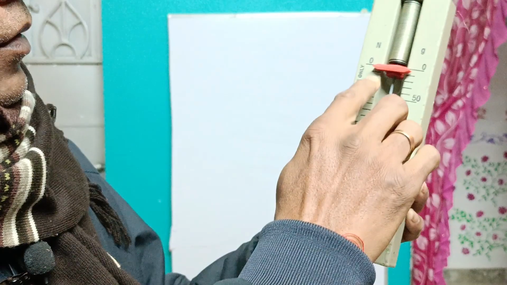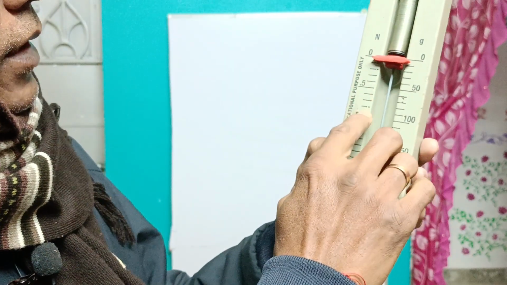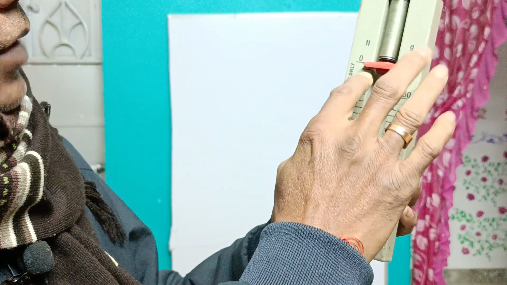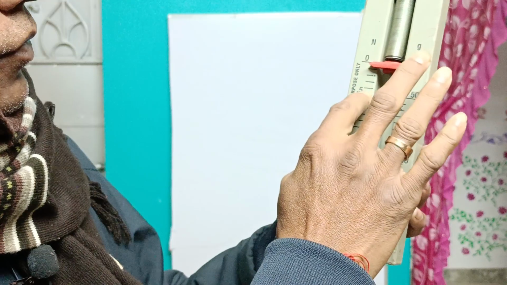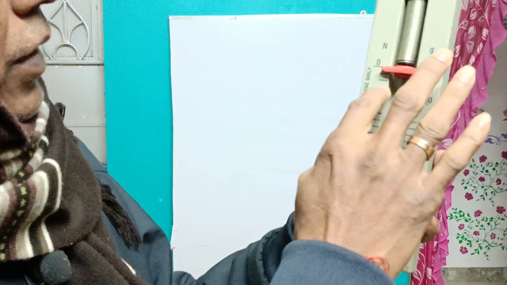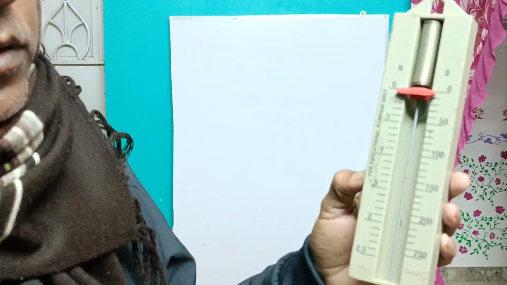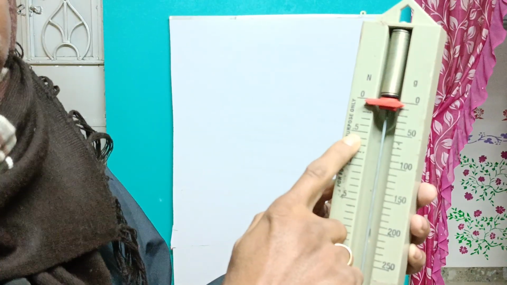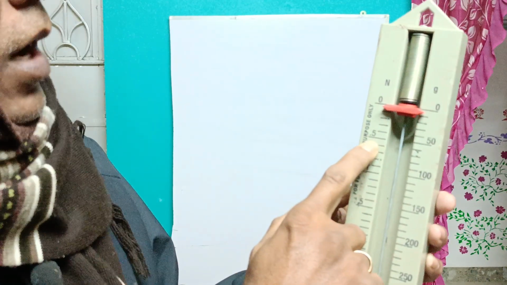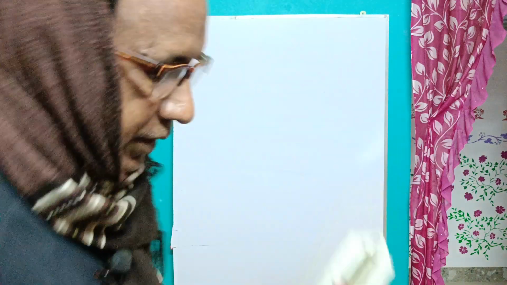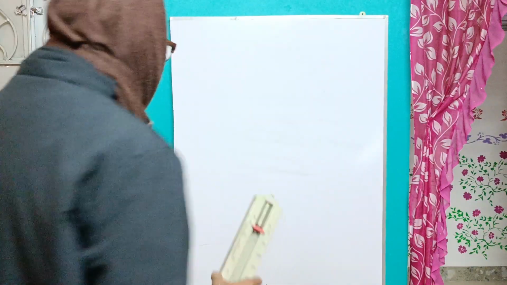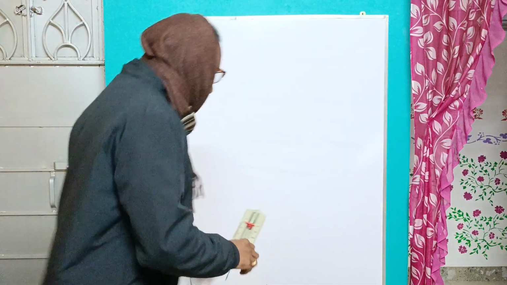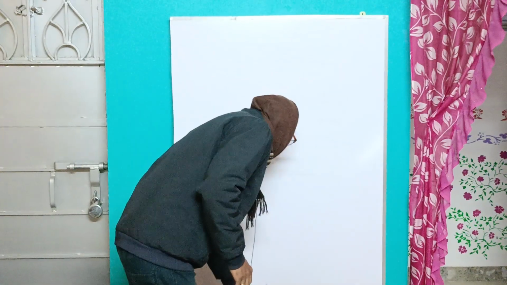Here you see, first you find the division between the markings, right? Here you see there are 0 to 0.5. How many divisions? 1, 2, 3, 4 and 5 divisions, right? 5 divisions is 0.5 Newton, right? That means you have to find 1 division. That is, first of all, you have to find the least count. Now how to find the least count is, here you see,